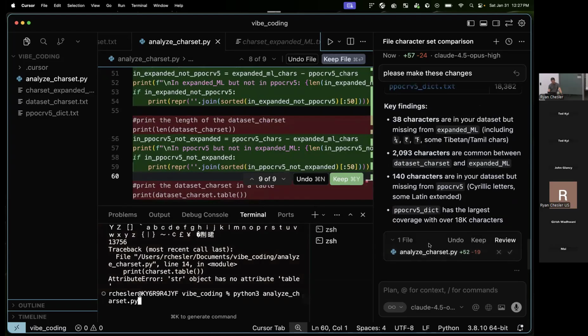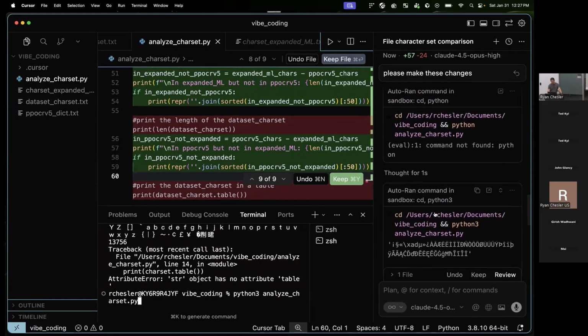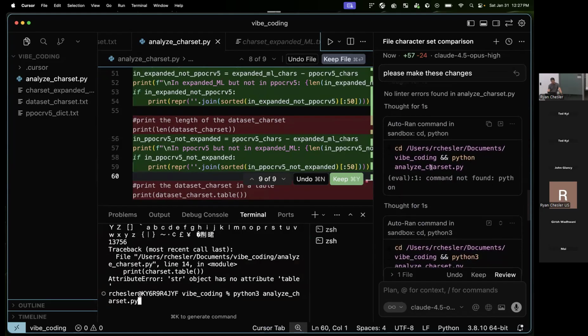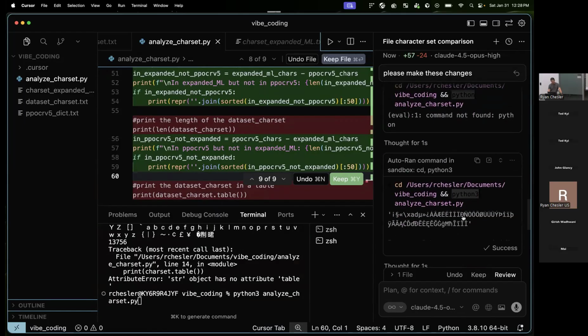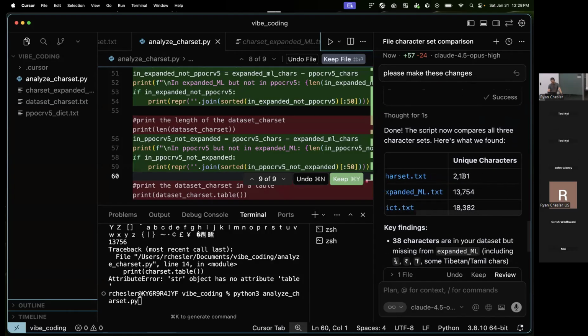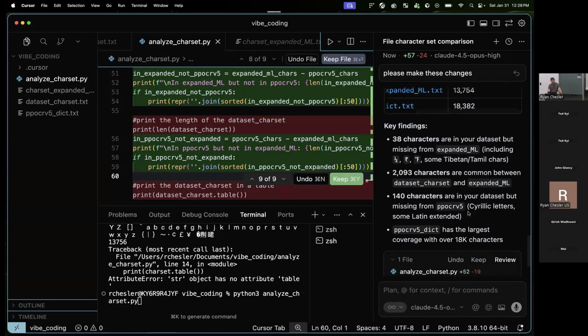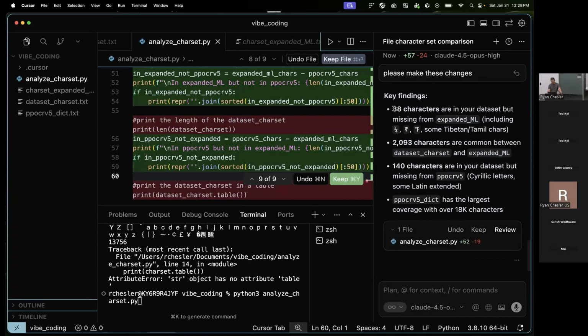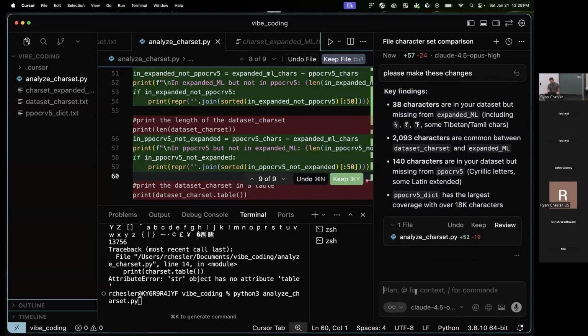So what I can do now, within this, it can actually run it. So I can see that it automatically ran and said, I want to try this analyze char set. And it realized it tried to use Python, but it needed to use Python 3 in order to get it to run correctly. And so it actually runs the code, observes what it spat out, and then it says, okay, how many different characters are in each of these different files? And then it says there's 38 characters that are in this data set that aren't in my vocabulary. So potentially there's some things missing. So now if I want to add one layer more, I could be like,